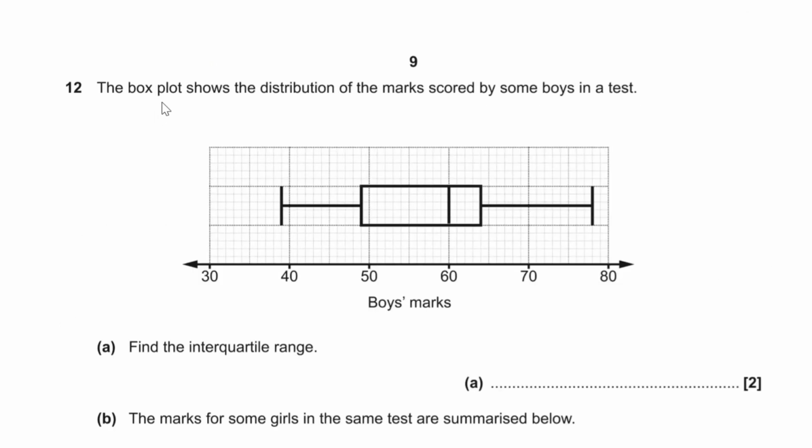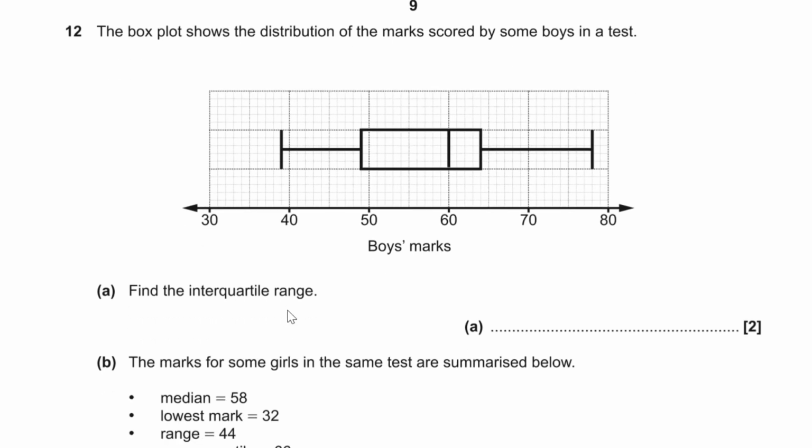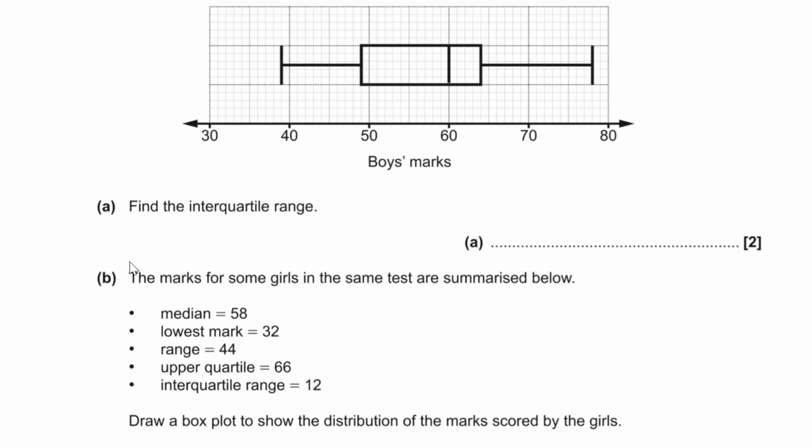Question number 12. The box plot shows the distribution of the marks scored by some boys in a test. And for part A, we have to find the interquartile range. Well, what we need is the upper quartile take away the lower quartile. So for the interquartile range, we have the interquartile range equaling